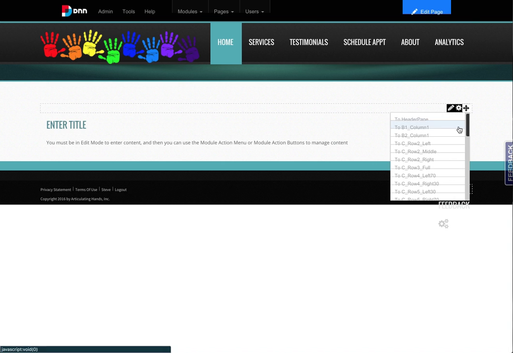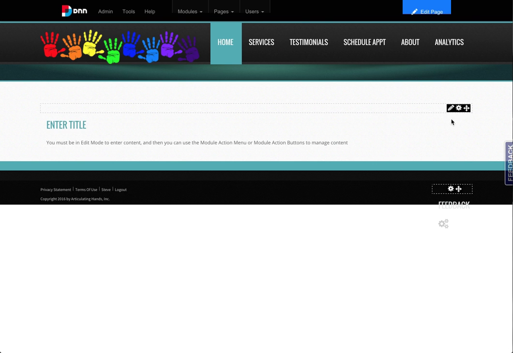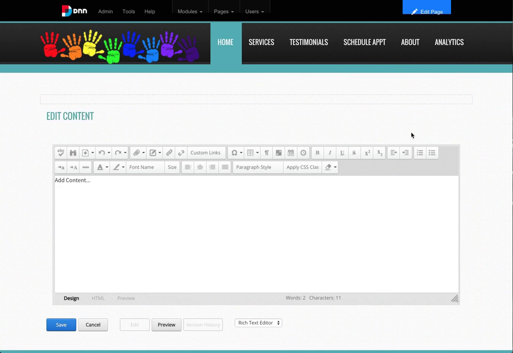You can also move the page around. I'll get back to that in a minute. But here's where you edit the content of the module. All right, so one is for editing content, one's for editing the settings. So I'm going to go ahead and edit my content in here. And you should come up with this rich text editor. In the first video that I did, it kind of goes through how to use this, so I won't even go into too much. But basically,